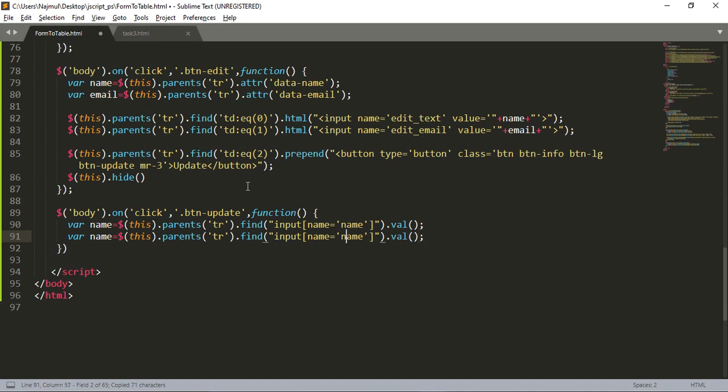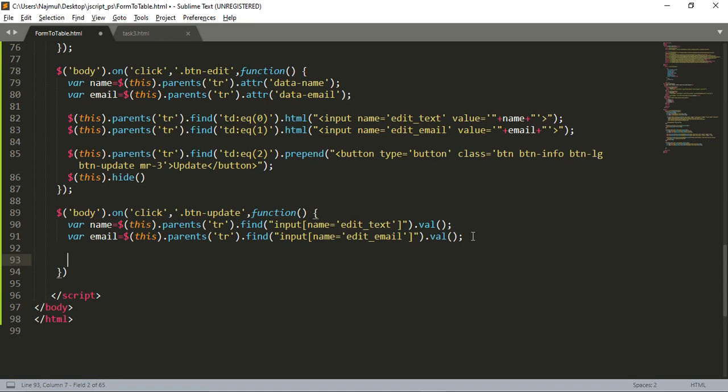And now we have to copy and paste this because we need another variable name is email, and all we have to change is just the name of the input, sorry, we have to edit this name with the edit text, edit email, because we have to take this input box value, so that we name it to edit text. So